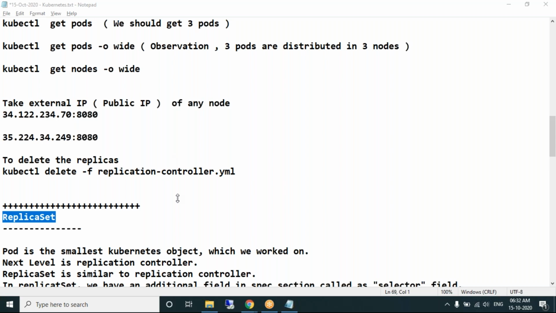Dinesh, your question is what is the use of a pod? What is the use of a container? Using a container, we can create a new Ubuntu machine.